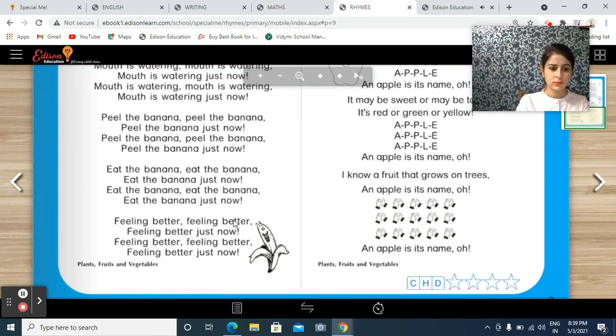Eat the banana, eat the banana just now. Feeling better, feeling better just now.